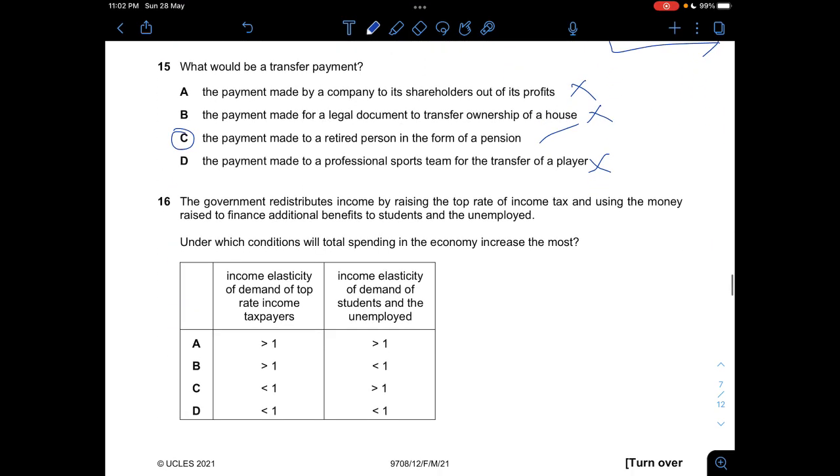Question 16, the government redistributes income by raising the top rate of income tax and using the money raised to finance additional benefits to students and unemployed. Under which conditions will total spending in the economy increase the most? So you can see that the government redistributes income, raising the top rate of income tax, and finance additional benefits to students and unemployed. So that means that if you want to make the